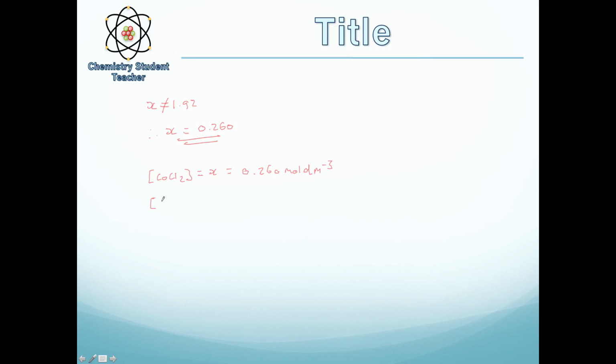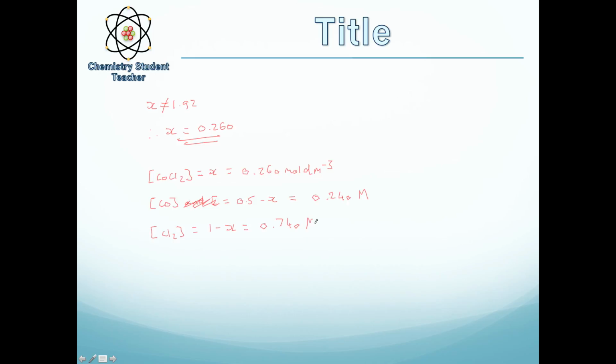The concentration of CO equals 0.5 minus x, which now when we've got 0.5 and we minus x, that gives us 0.240 moles per dm cubed, which is the same as doing big M, molar. And the concentration of Cl2 is 1 minus x, which equals